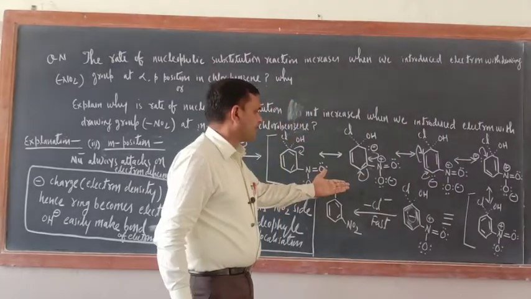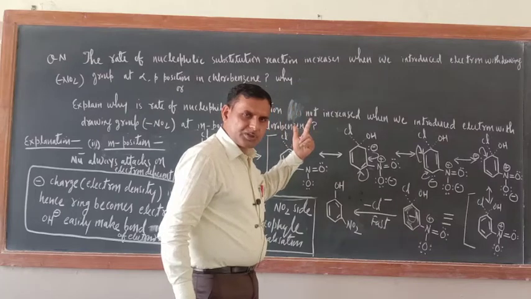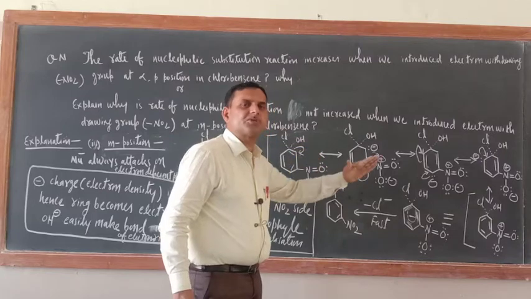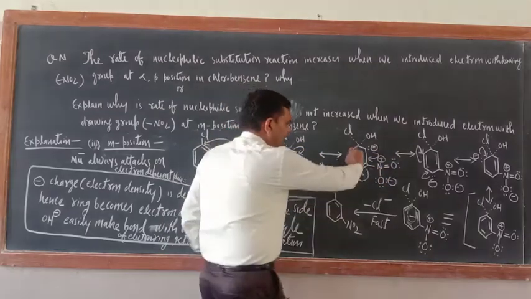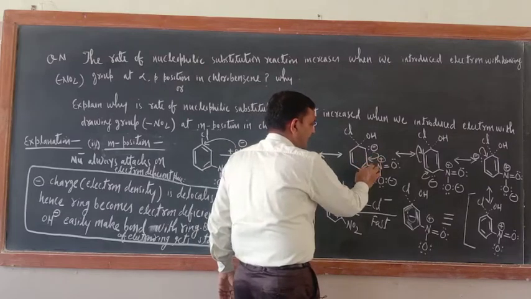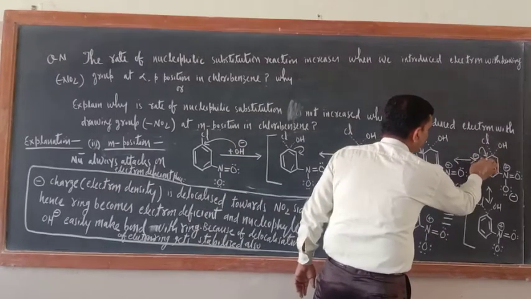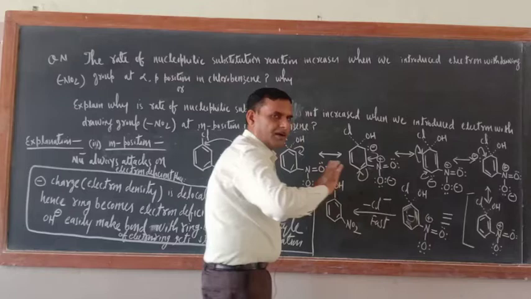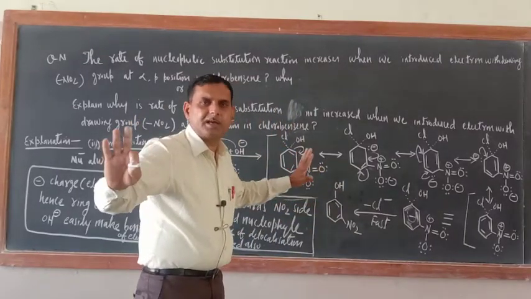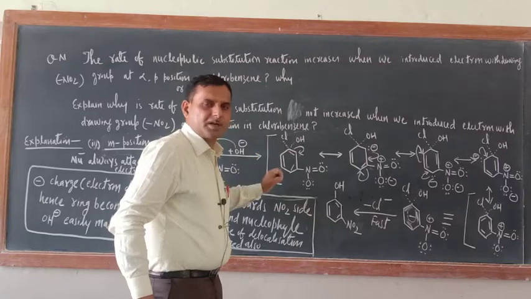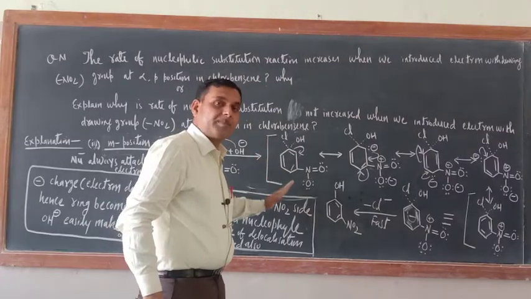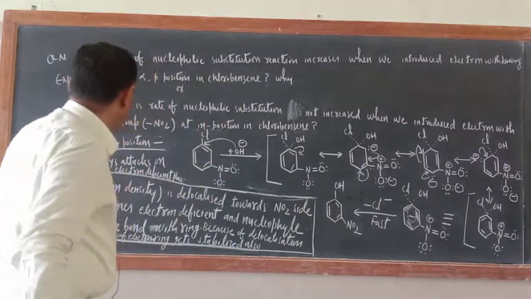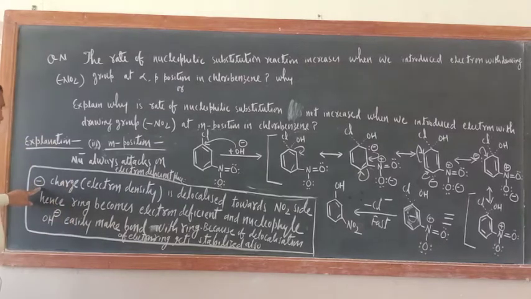Just check here. While in the case of ortho and para positions, the ring pi electrons delocalize or channelize toward the NO2 side. Here, just see, they are inside the ring only. This electron is here, this electron is here, next electron is here. They have not channelized toward the NO2 position, meaning NO2 is as such only, isn't it? So because of the position of NO2, especially at the meta position, ring electrons will not delocalize or channelize. So this explanation will change now.